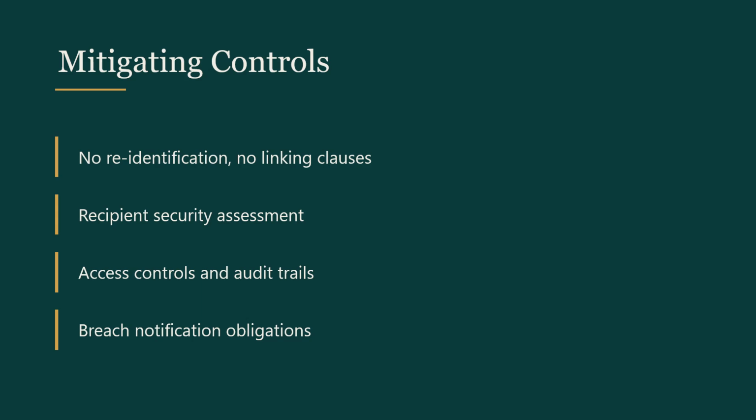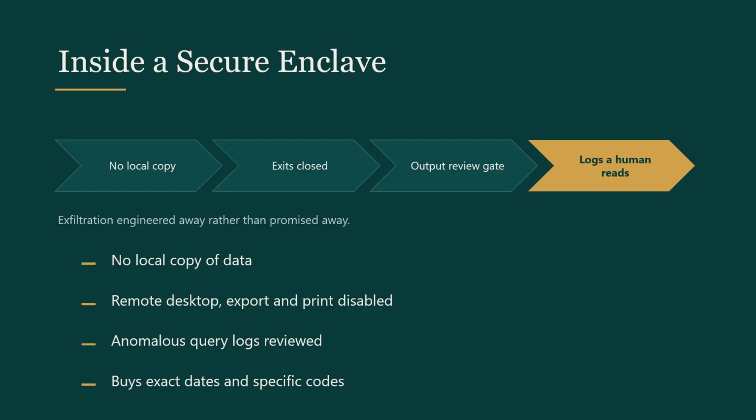The framework endorsing this trade is broad, from El Emam's methodology to the high-trust de-identification framework, and both say the same thing. Controls and transformation are exchangeable, and the exchange must be documented. The secure enclave deserves its own slide because it is the single control that most changes what you can leave in the data, so you should be able to describe one precisely. 4 properties define it. Property 1, no local copy.